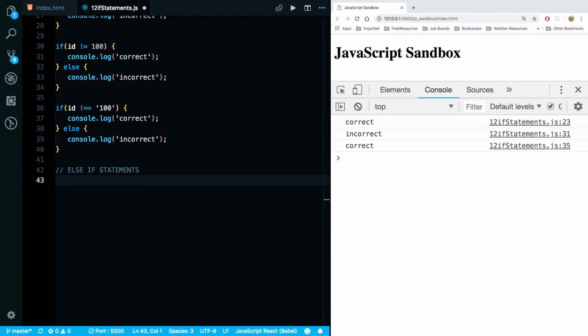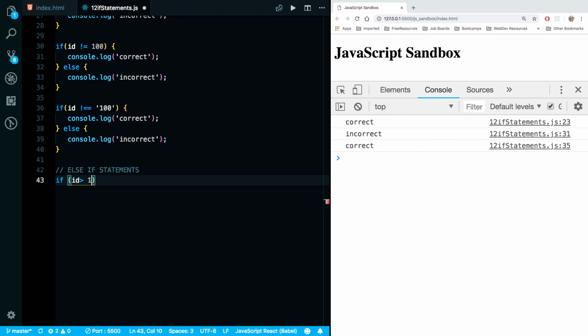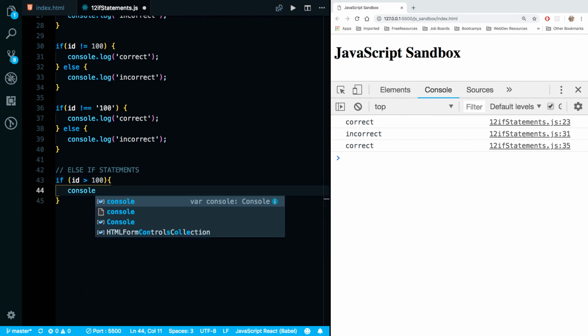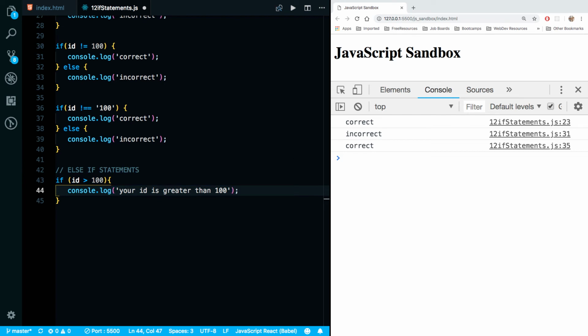Let me show you an example. Let's create a condition. We'll say ID is greater than 100. So we're saying if the ID is greater than 100, console.log "your ID is greater than 100." Okay. Else,